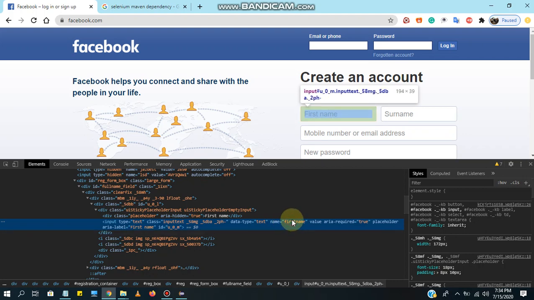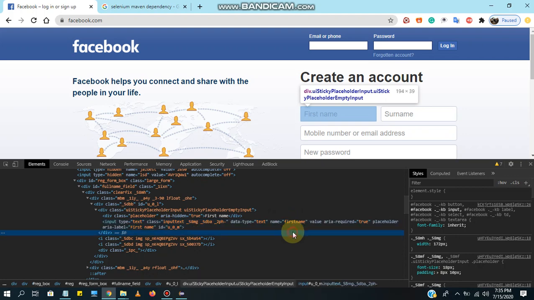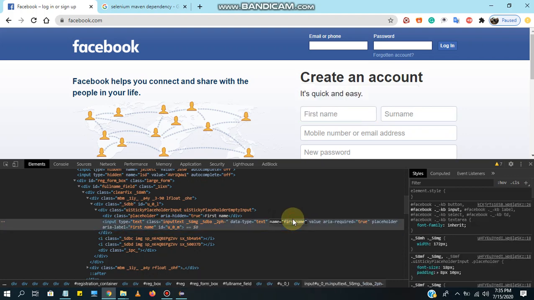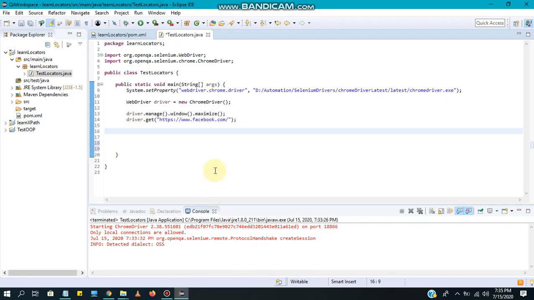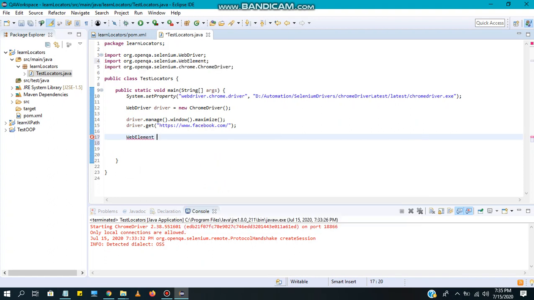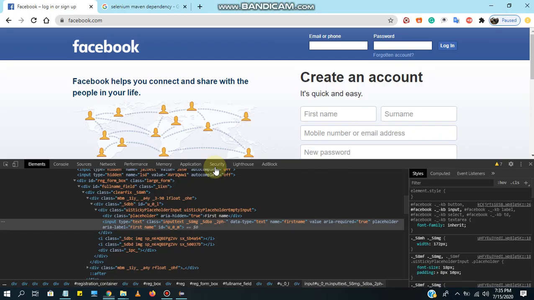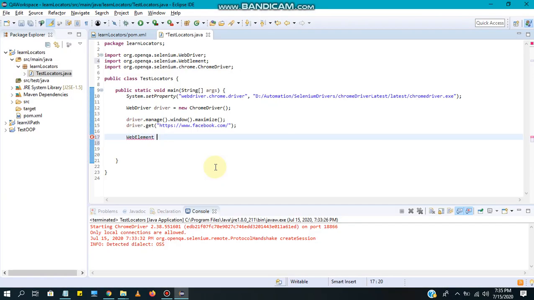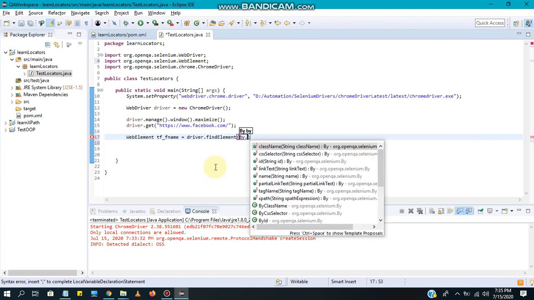Let me copy this name attribute. We need to create a web element. We are capturing the first name text box, so I'm going to call it tf underscore first name, driver dot find element by dot name.